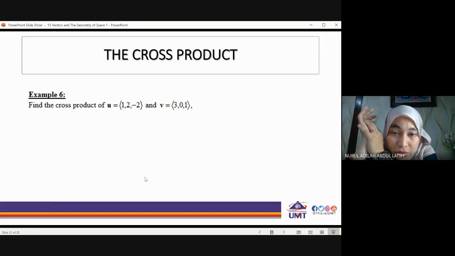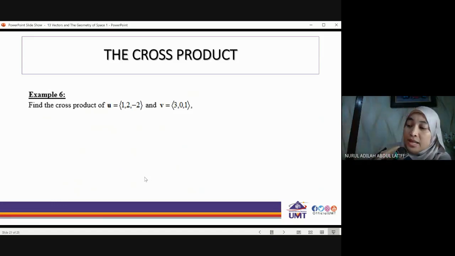So may I ask you to complete the example 6, and what you have to do is, you have paper, you have pen, answer it for a while. Later at the end of this lecture or even in the middle of the lecture, once you have answered, you take a picture and you send it to the WhatsApp group. So I expect to have 54 pieces of JPG.